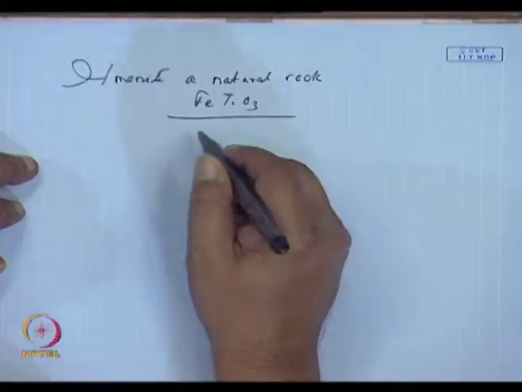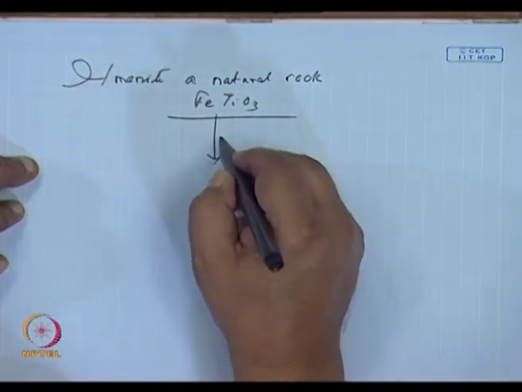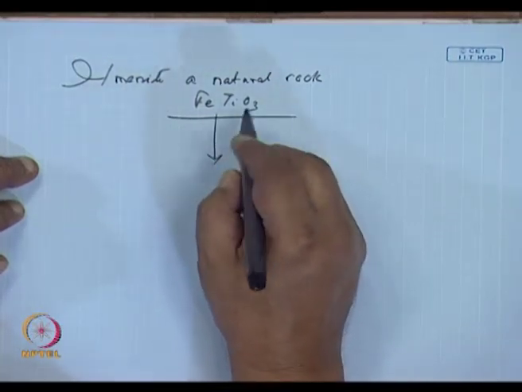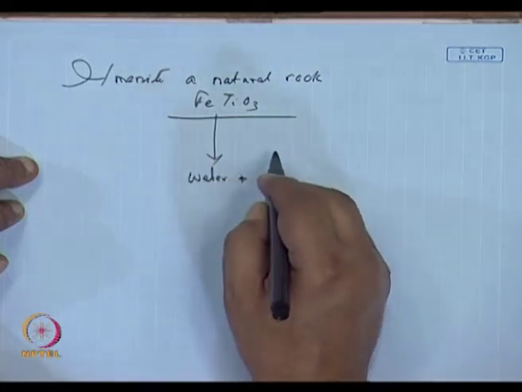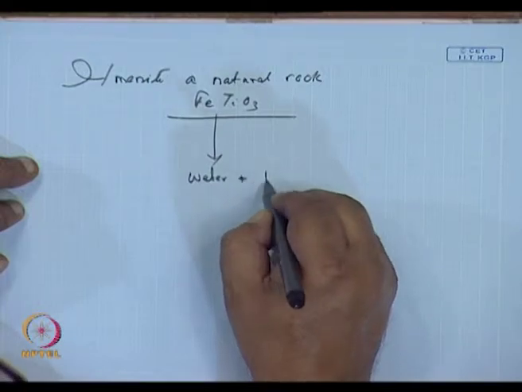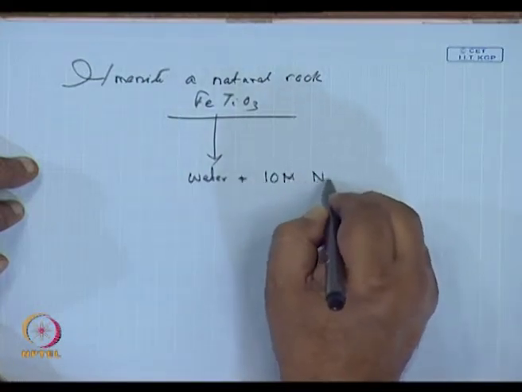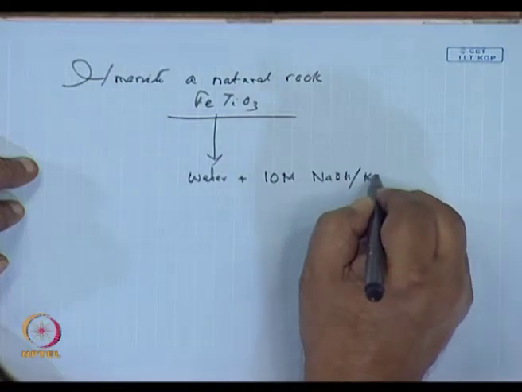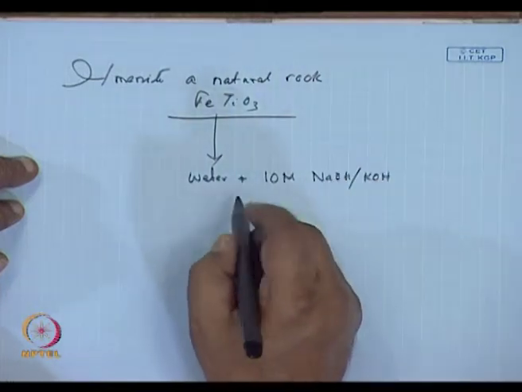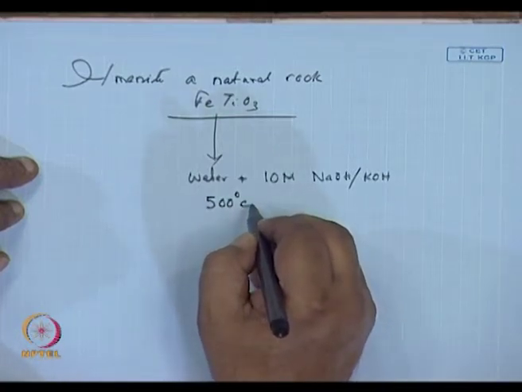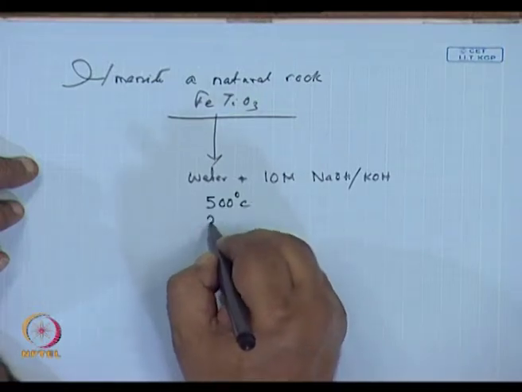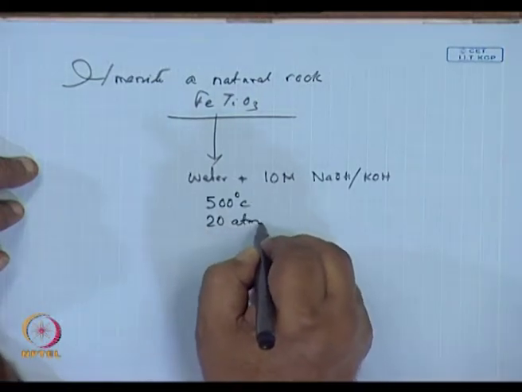Here, hydrothermal reaction comes to the rescue. If ilmenite, this material is water plus 10 molar sodium hydroxide or potassium hydroxide at 500 degrees centigrade and 20 atmosphere pressure,